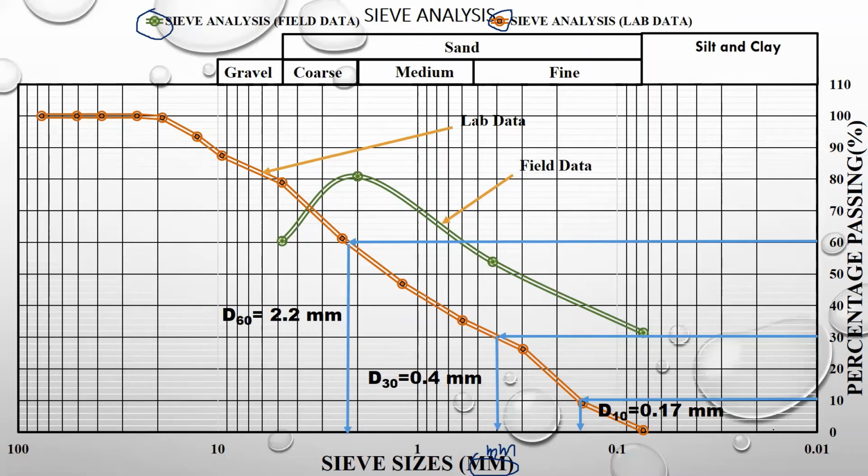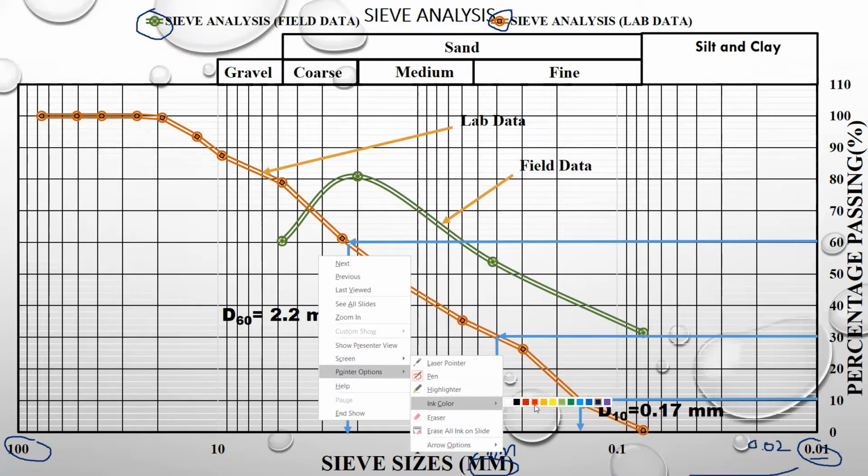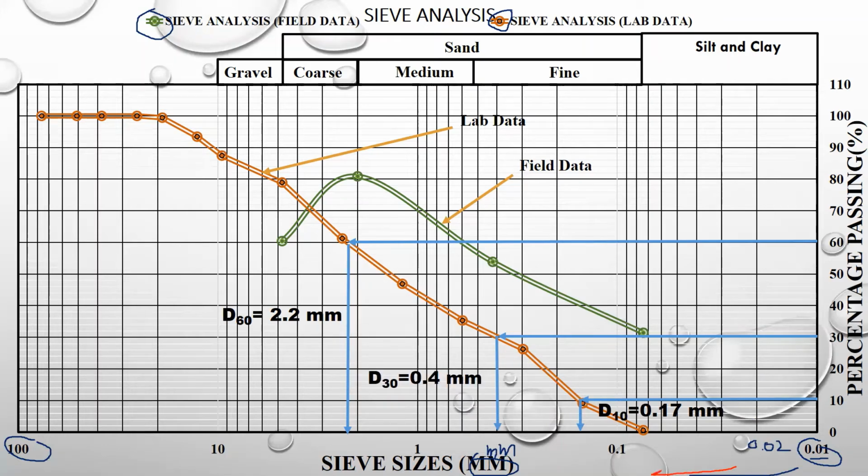For example, obviously it is in reverse order and this is a logarithmic graph. What I have done here is that it starts from 0.01 and it is going to end at 100. So sieve sizes from 0.01 to 100 millimeter. You can see if it is 0.01, then it should be 0. It is increasing from right to left. Let me take another pointer color. After a long time I'm making a long video. So this is the direction of increasing, and if it is 0.02,